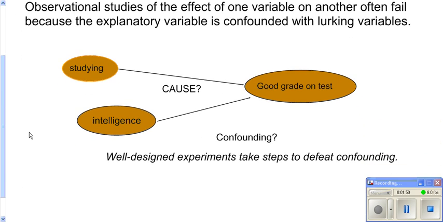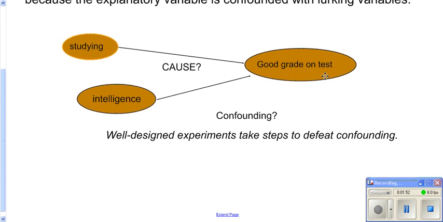So suppose you're considering good grades on a test. Do good grades come strictly from studying? No, because there's some natural ability, intelligence that we are all given. Is it basically all down to intelligence? No, because somebody can study a lot. So studying and intelligence are confounding when you are looking at getting a good grade on a test.